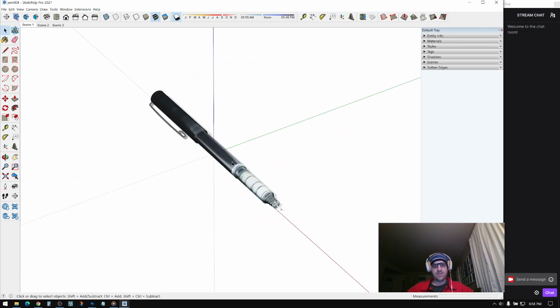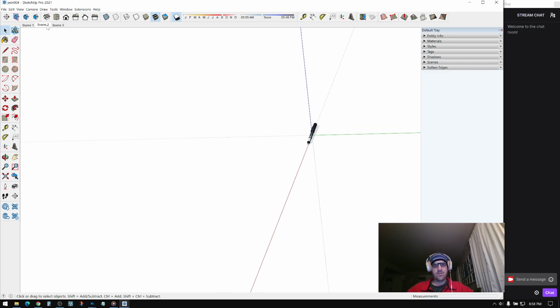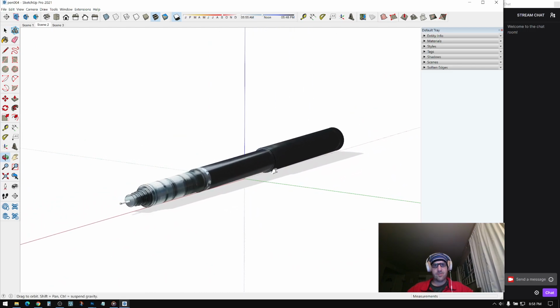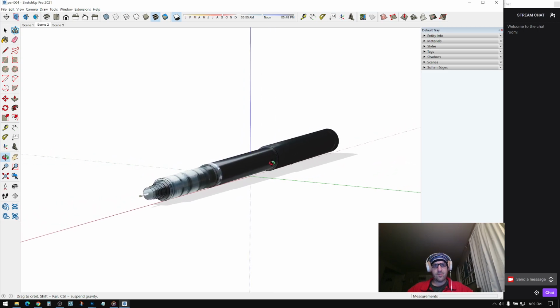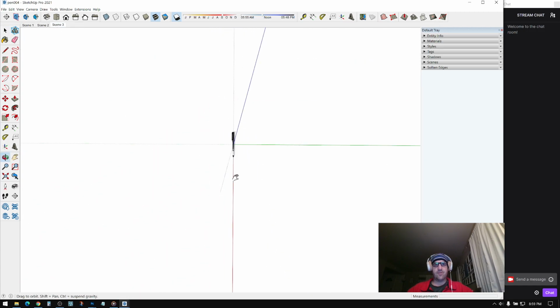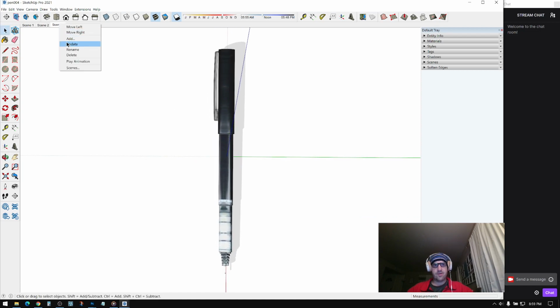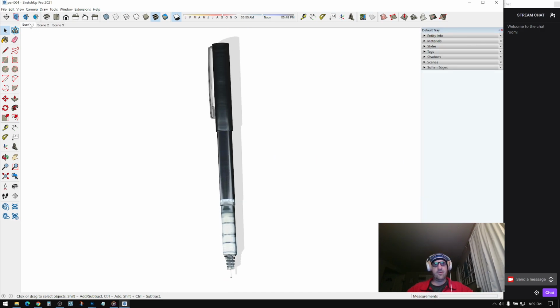I'll have to readjust these views. Right click the view, update, readjust each one. Update, and then the overall overhead view. Right click, update, turn off model axis, and